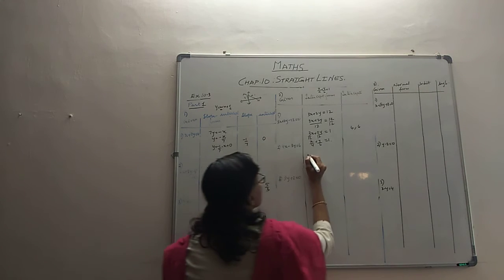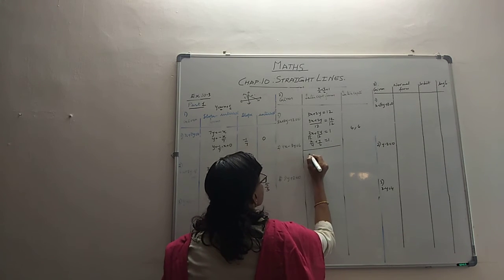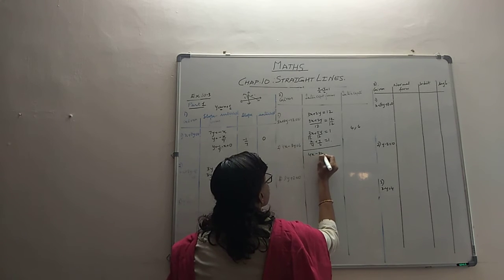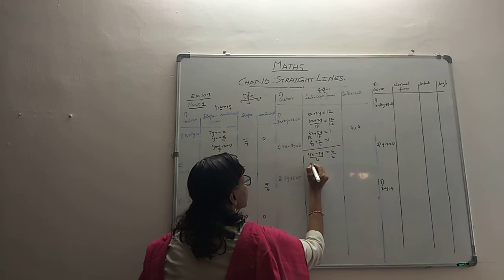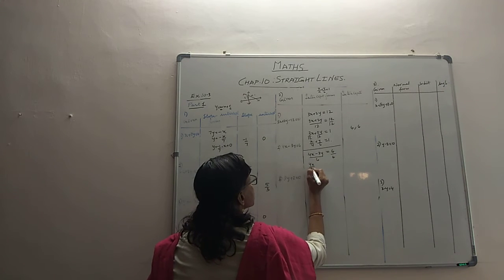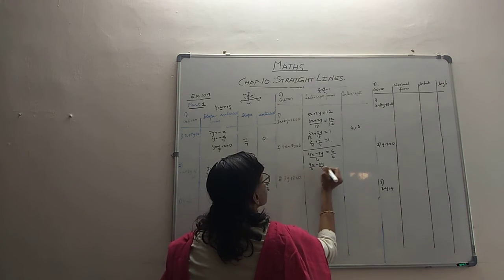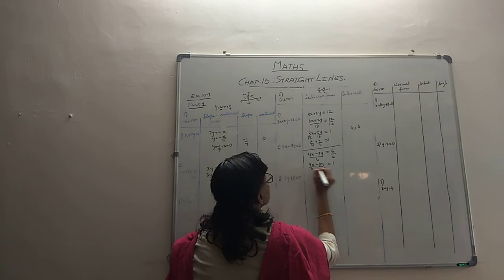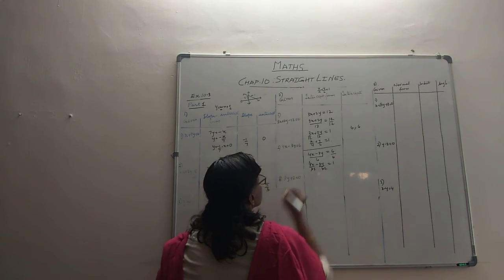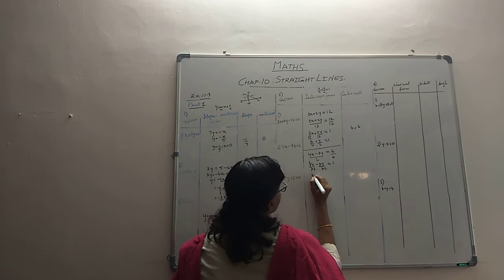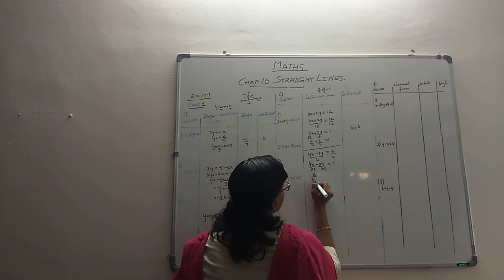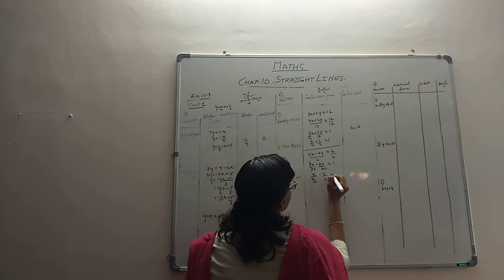Same way here, 4x minus 3y equal to 6. First let's divide by 6 on both sides so that we get 1 here. So we get 4x by 6 and 3y by 6 and 1 here. This is 2 and this is 2, 2 2s are 2, 3s are. Or it's as good as writing x by 3 by 2 minus y by 2, or other.